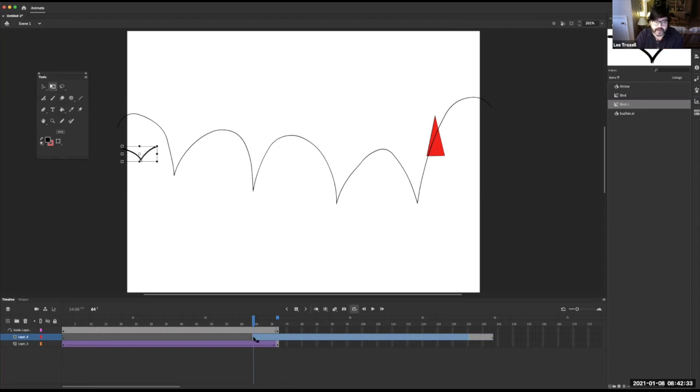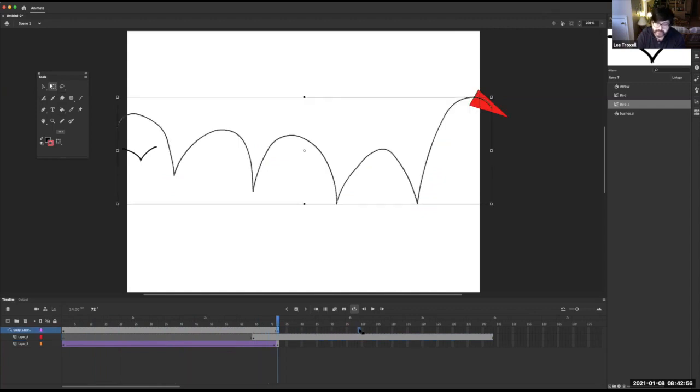So anyways, I just made a new keyframe, and that means that the bird, as you can see, does not exist until there, right? And so I actually need the motion guide to also exist, because remember, the guide layer ends there, right? So all I have to do is grab the guide layer keyframe, click and hold, and I can drag it further down to here. Now that guide layer exists. So if I go back,